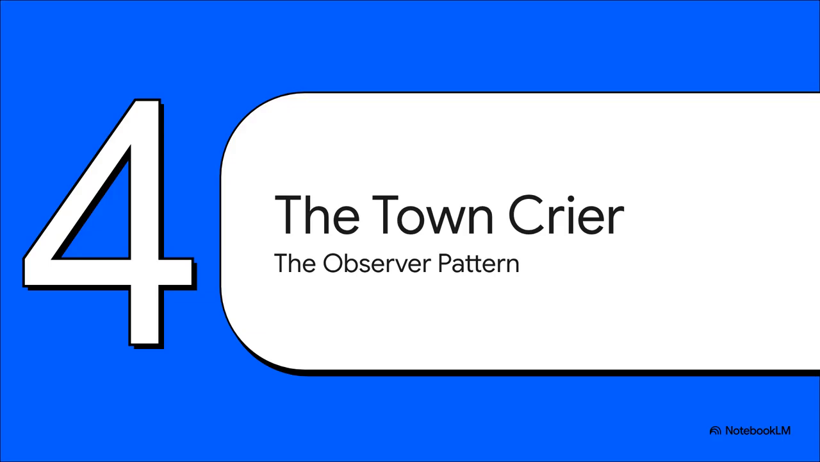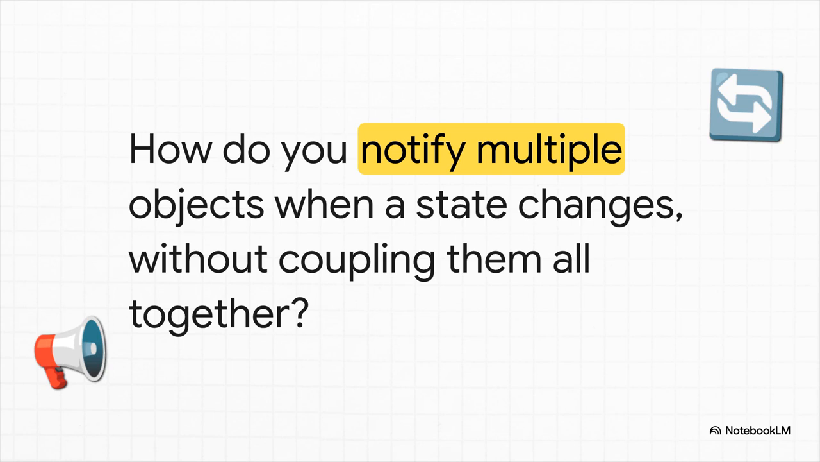All right, next up, a totally different kind of communication challenge. This time, it's not about finding one specific handler for a request. It's about broadcasting news to anyone and everyone who might need to know about it. Think about a spreadsheet. When you change the value in just one cell, right? A bunch of charts, some graphs, maybe other cells with formulas, they all might need to update themselves. So how do you manage that without making that one little cell have a hard-coded list of every single thing